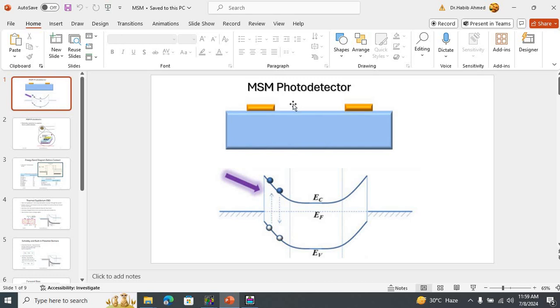When light is incident on the semiconducting material between the electrodes, it generates electron-hole pairs. This process is also called photoexcitation. These charge carriers are then collected by the metal electrodes due to the potential difference applied across them. The incident photons create electron-hole pairs in the semiconductor, which causes a change in the conductivity of the material. This change in conductivity leads to a measurable current or voltage across the electrodes, which is proportional to the intensity